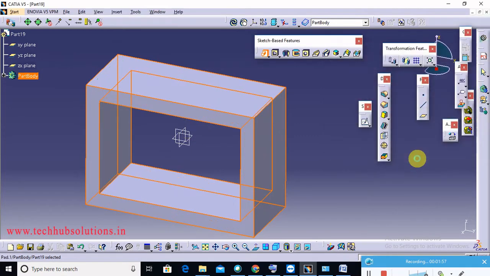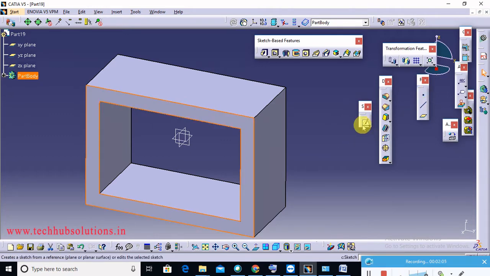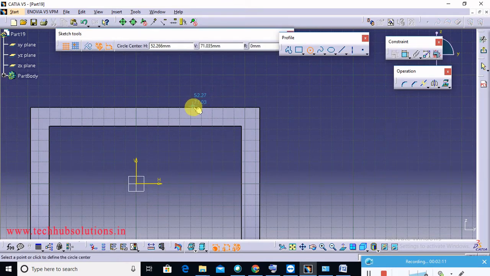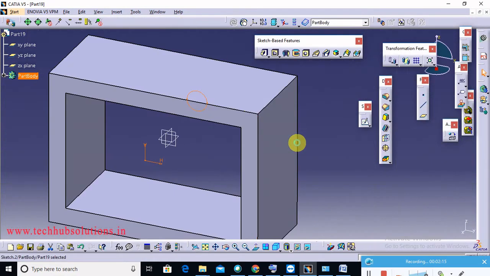So now this one is a simple pad. Next, under pad there are many options. Suppose create any circle here and exit workbench and select this face and select this sketch.